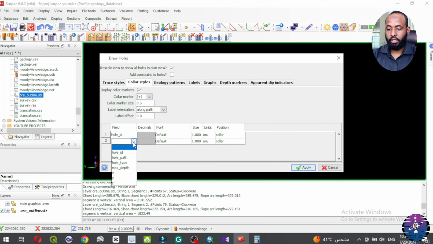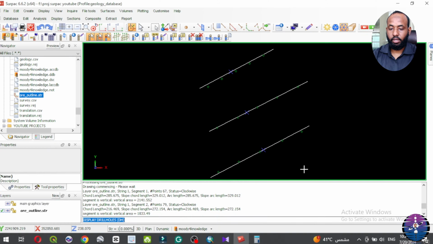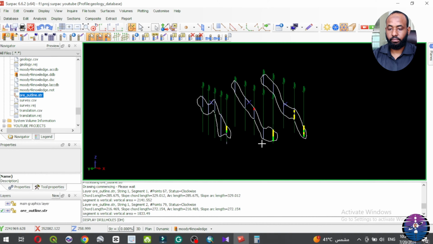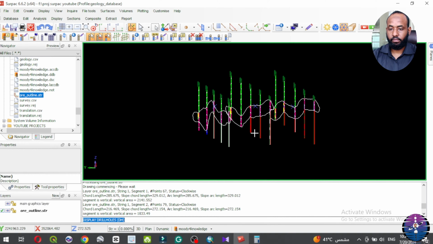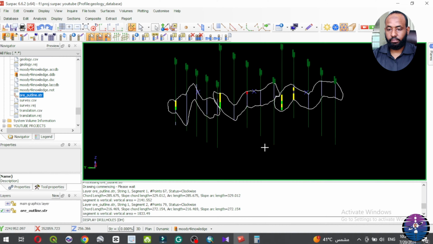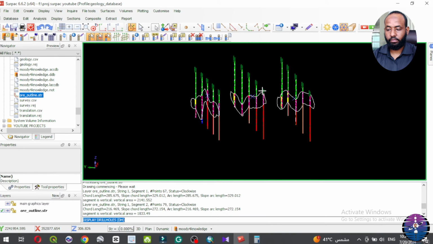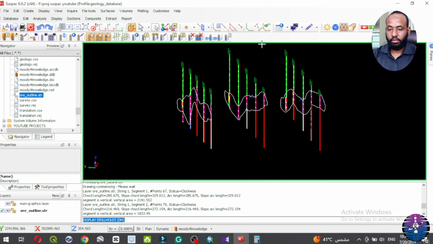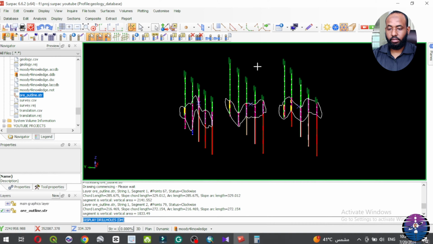For example, we can also show max depth, then apply. Okay, to make additional segments here and here, go to